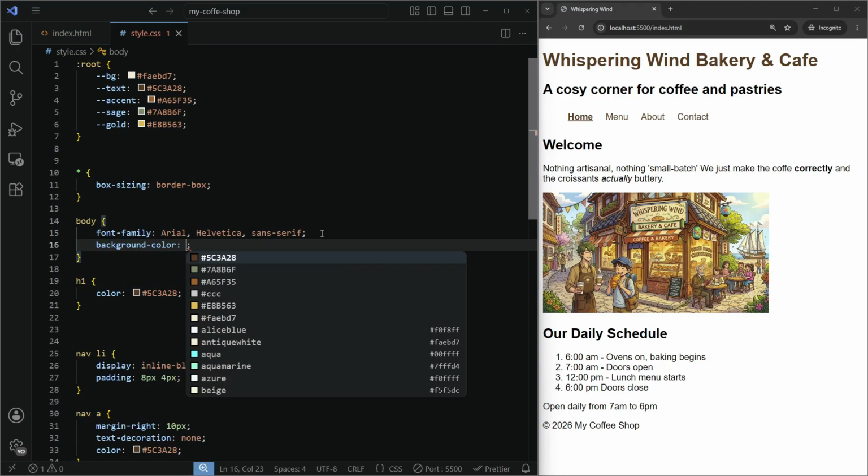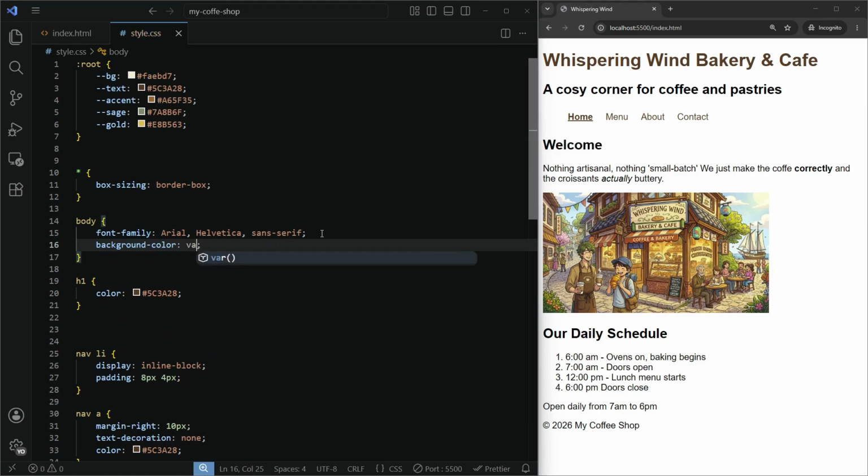assign a background color, and to use one of the ones we created, we have to use this bar and then any of the ones we created, right? So the background color, that's why we created this BG. So now our background has this warmer tone,